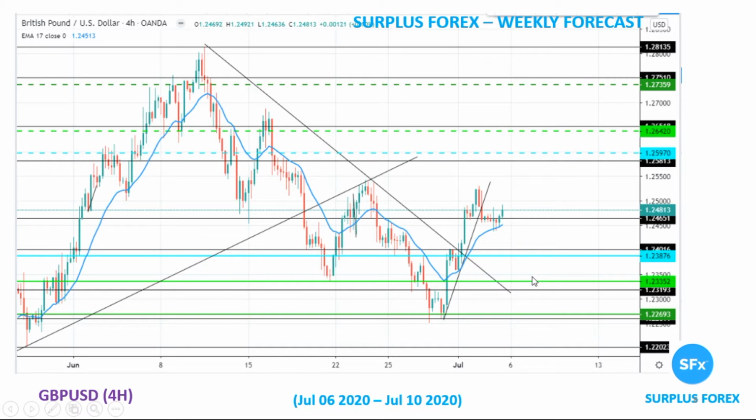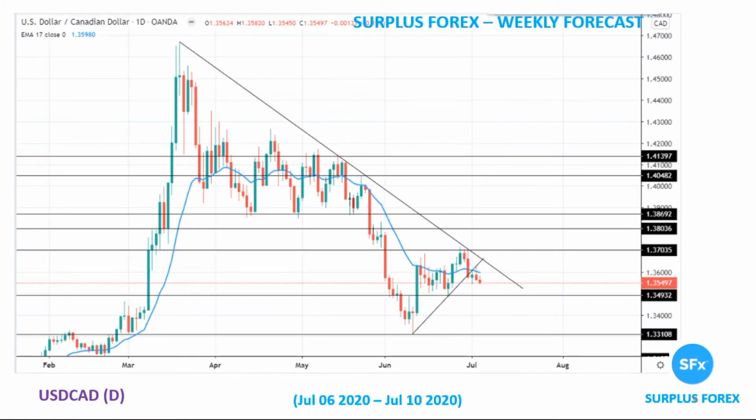So let's start with the next one, USD Canadian. USD Canadian has been in a continuous struggle on a daily time frame. You see here it was in consolidation for quite a long time before USD dropping, and then once again it's in consolidation. As of now, it's down below the major trend line, below the uptrend line, and below the EMA 17, but I expect it to fall.